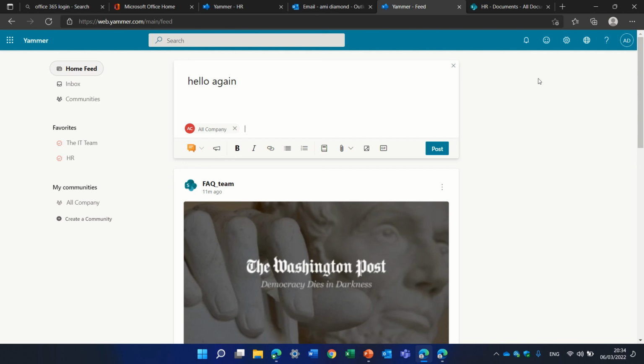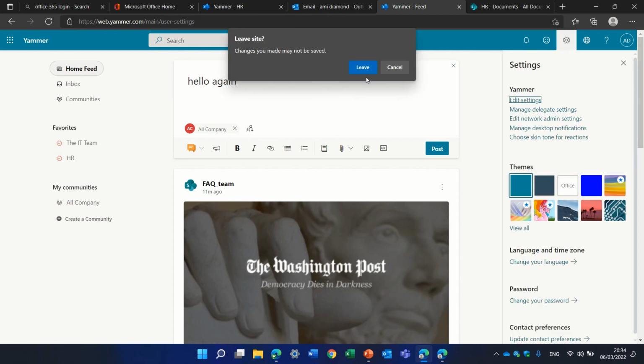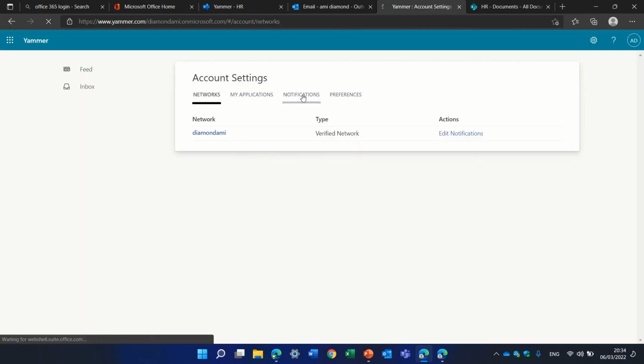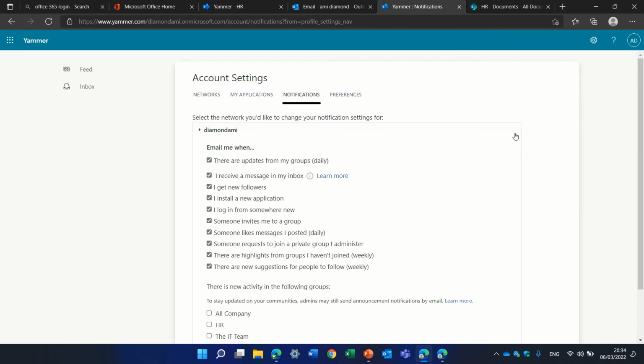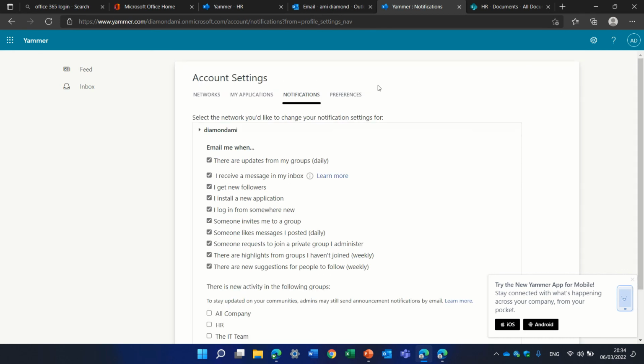If you want to see more settings, we can go to the settings here, and we can edit them, and we could see which notifications we want. So for instance, when do we want to get notifications, for which groups, all of these possibilities. If you don't want to get all of them, you can uncheck that, and that's more or less what it is. So Yammer is a great tool for social media,